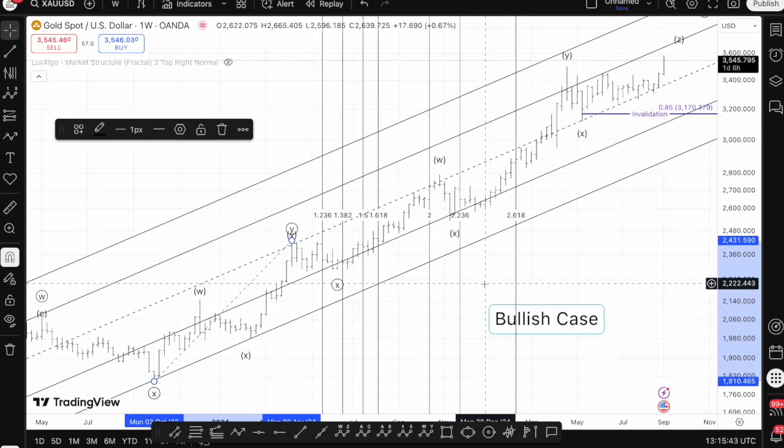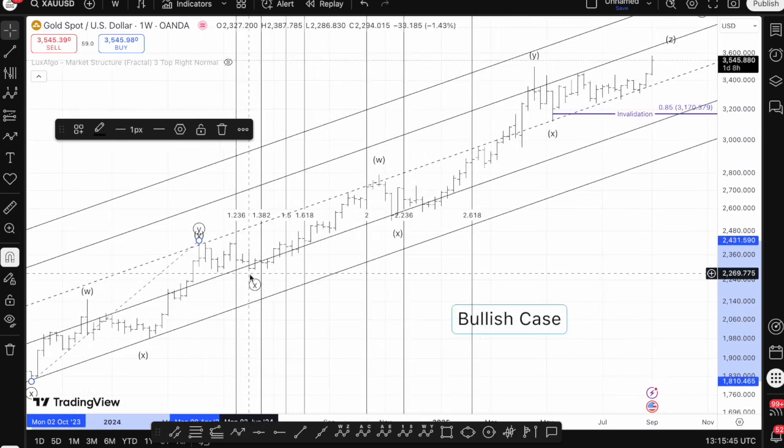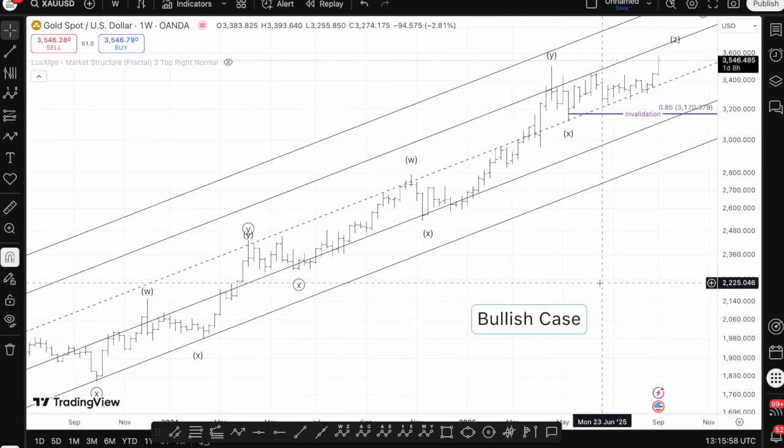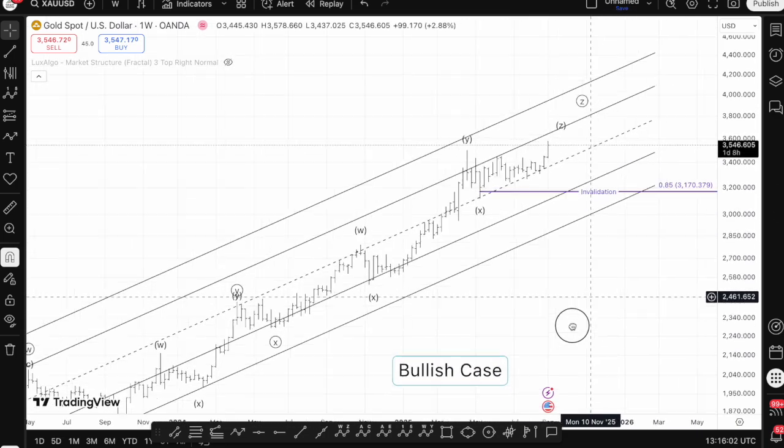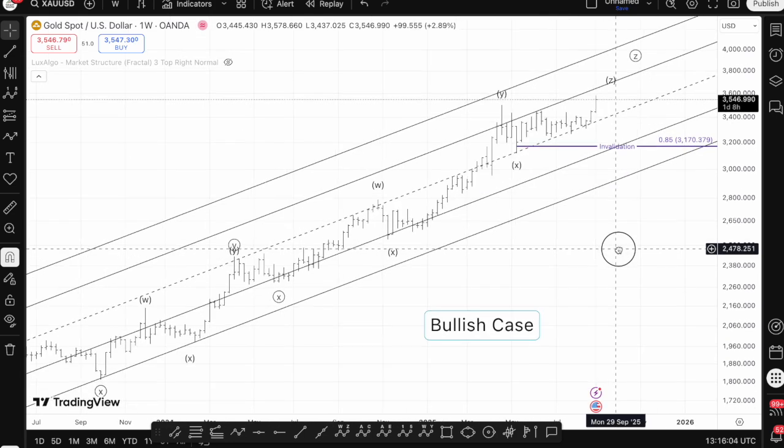And yeah, as you can see, it's well within the range of a wave X, right? Very popular. These two fib zones are very popular for a wave X. So that is why we're counting it like this. I'm going to delete this right now, get back to the chart, and talk about the price action of recent